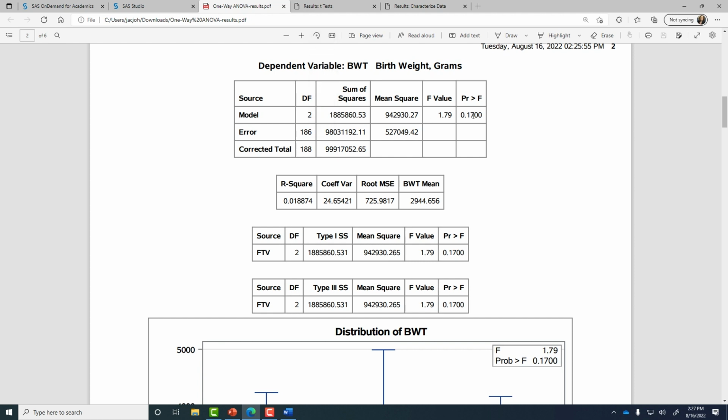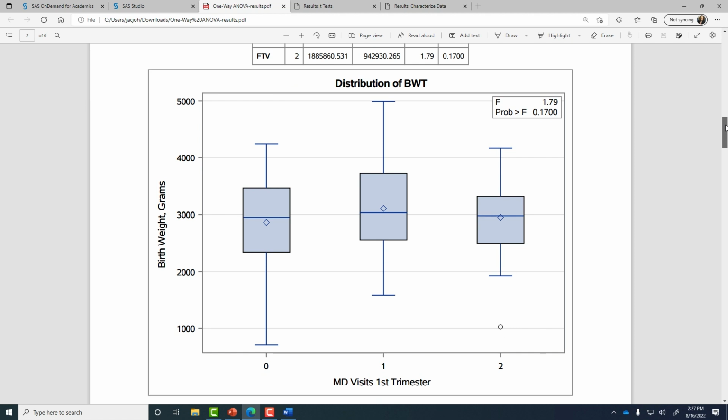When we compare that test statistic to the F distribution, we get a p-value of 0.17, which is not particularly small. So this tells us that we don't have evidence that the birth weight is different for different levels of number of physician visits during the first trimester. But let's look at some of the rest of this output to try to understand why this might not be an interesting relationship.